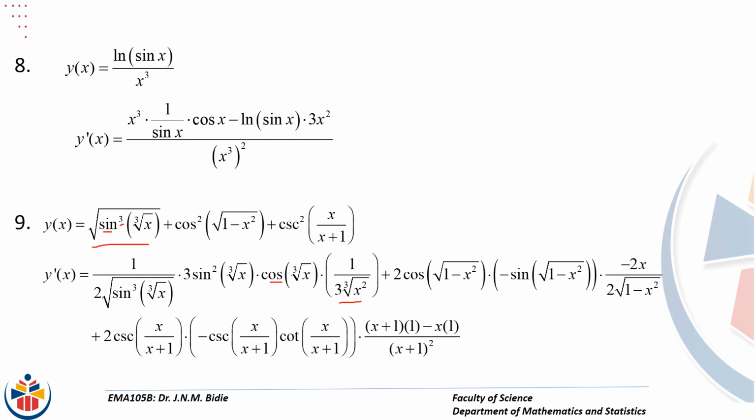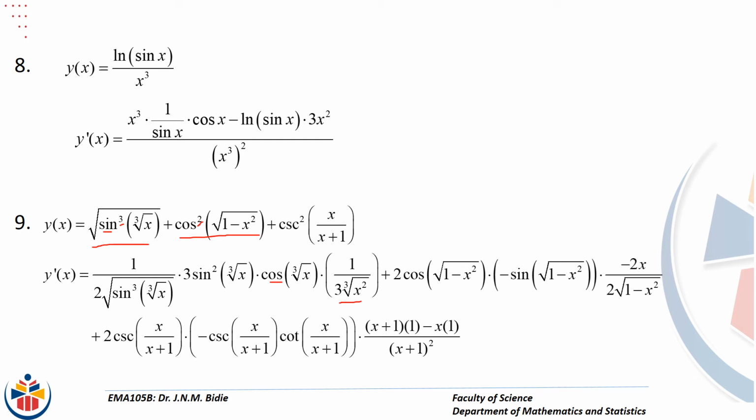I need you to confirm that for me. Then we go to the second term. Second term is cos squared of the square root of 1 minus x squared. So first thing, power rule. So it's 2 cos of the square root of 1 minus x squared times the derivative of cos, which is